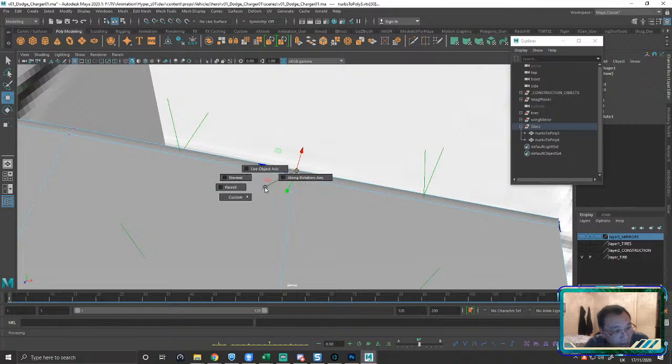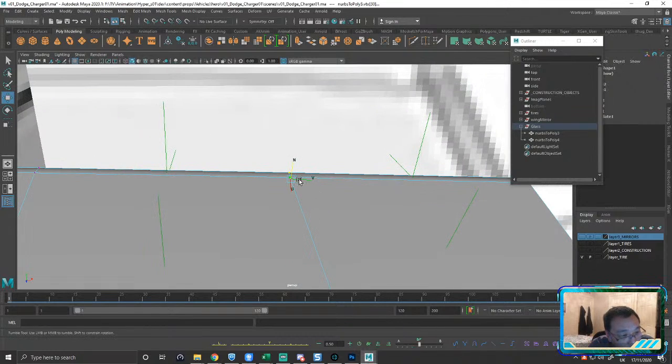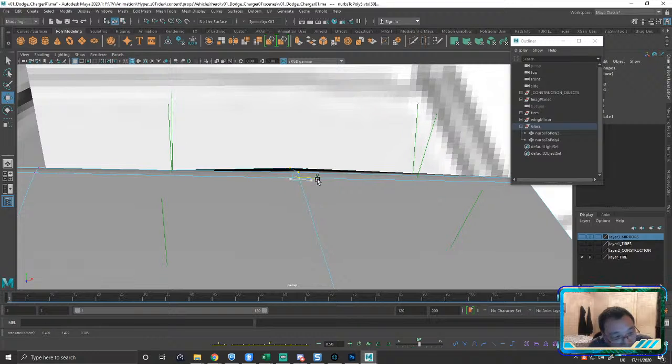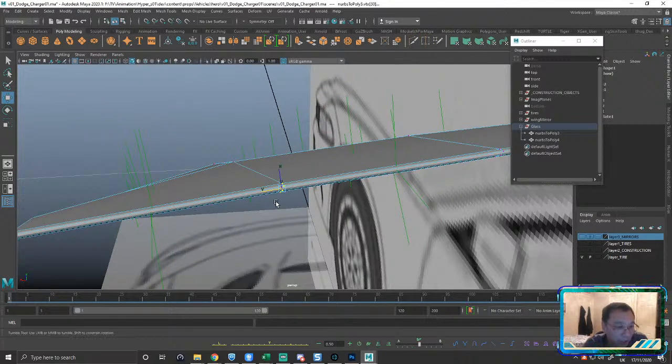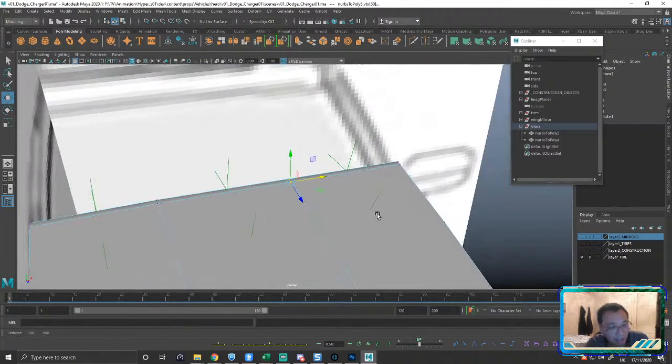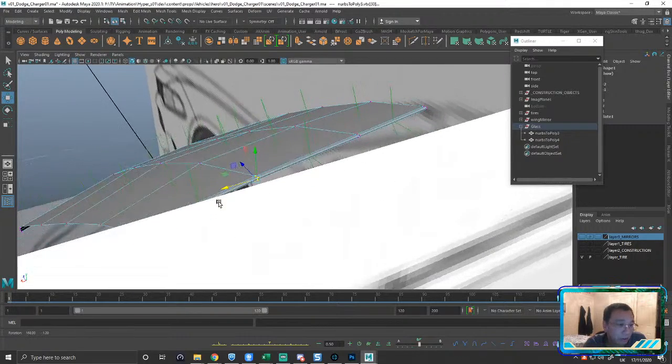Or I can go to the axis and shift along the normal, which will try to follow the surface normal as defined by my selection. Oh, that other vertex is going off crazy. But you can try and find different axes that you can move along. Let's go back to object axis. You can see the problem though. We're a little bit off alignment, but that's okay.